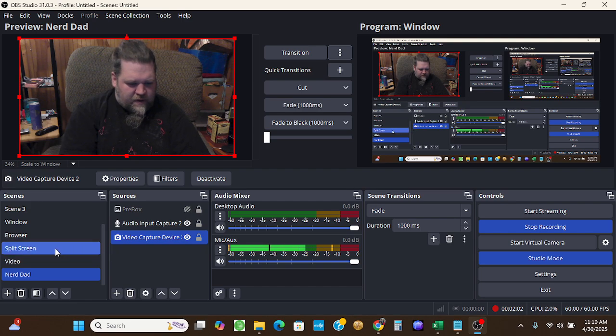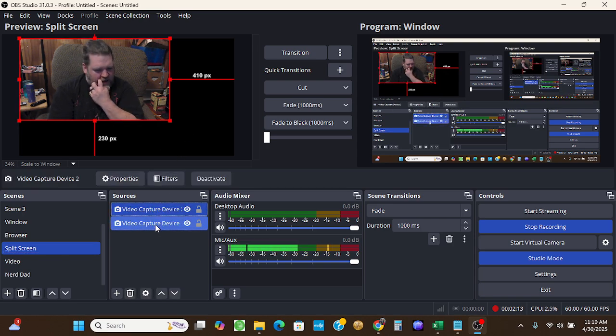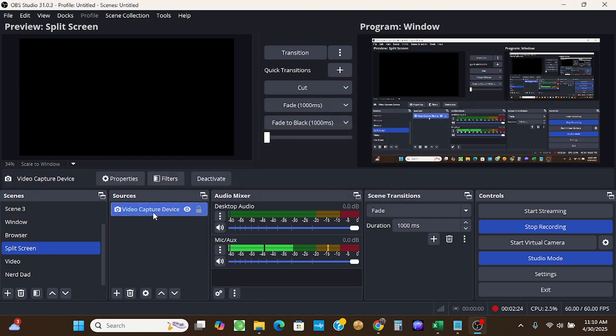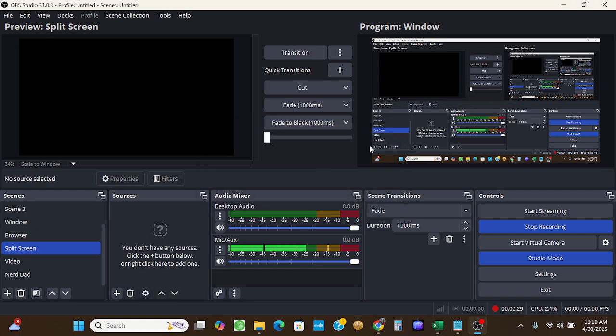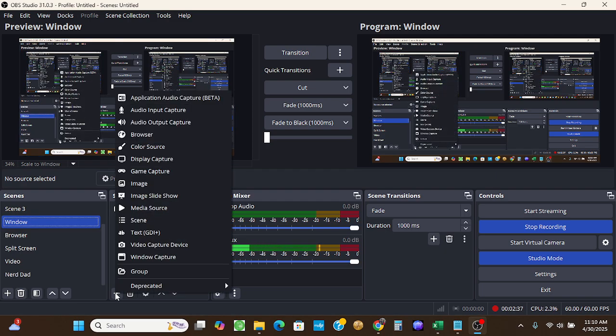So I have a couple of things here. I have one set up where I could do a split screen, so I had it set up where I could do two different cameras, but I can redo this. What I could do is take our current scene and add to it a